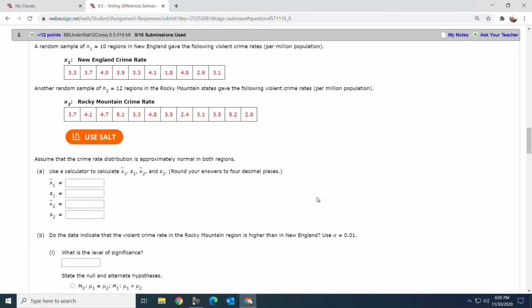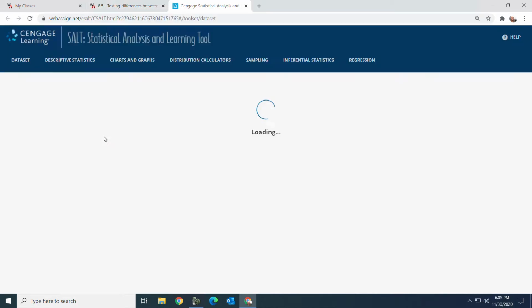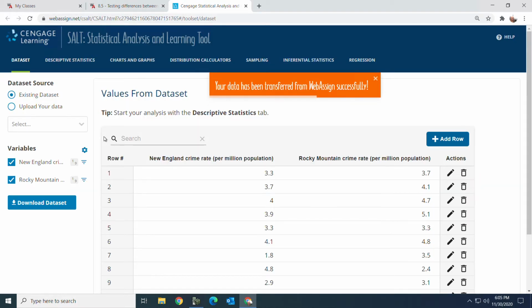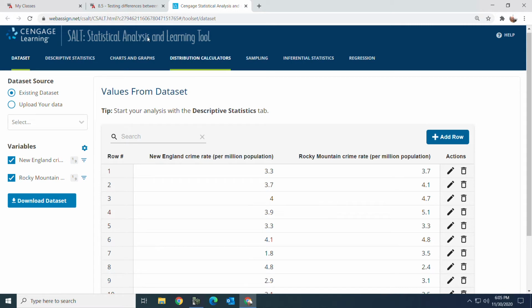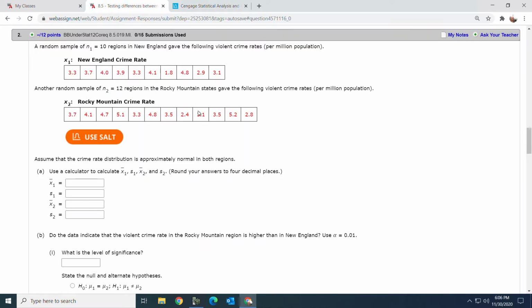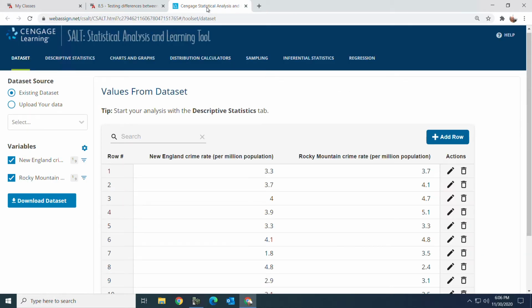Since this one asks for SALT, you're going to want to make sure you've got pen and paper handy. When you go use SALT, it will come up on the next tab. You will have your data pre-populated, but it does not give you the average or the deviations. Like in here, none of that's ever given in your problem. And number one, it was given, but that's okay. While your data is populated,